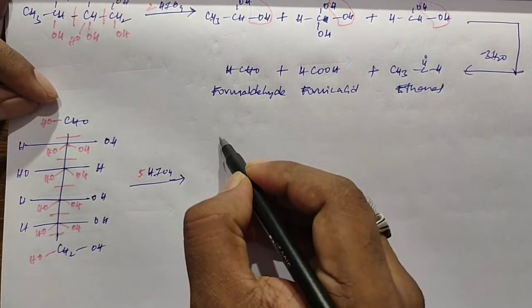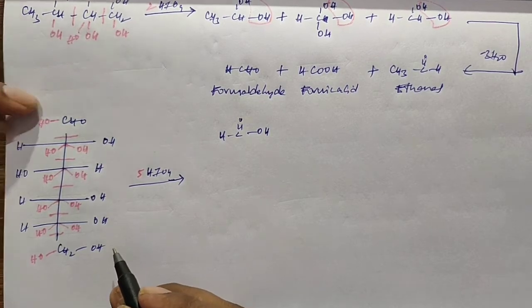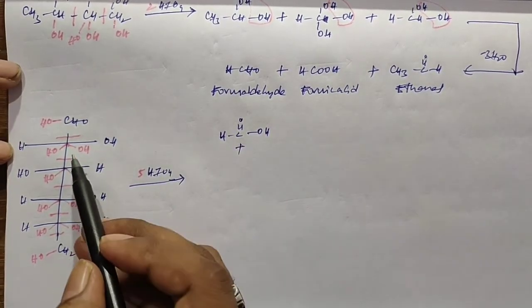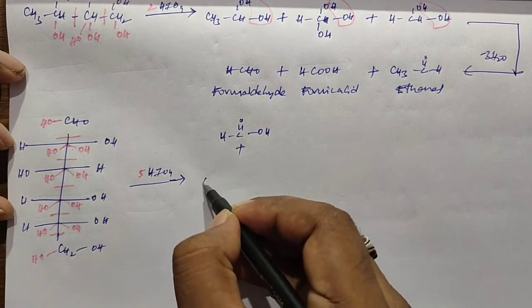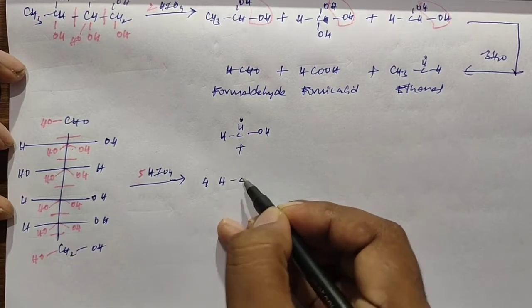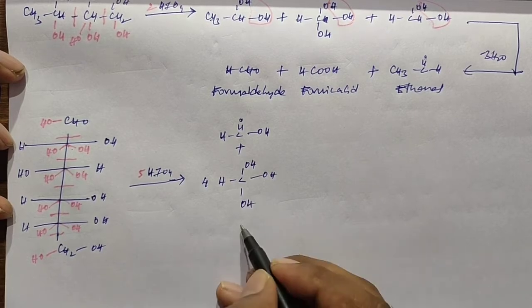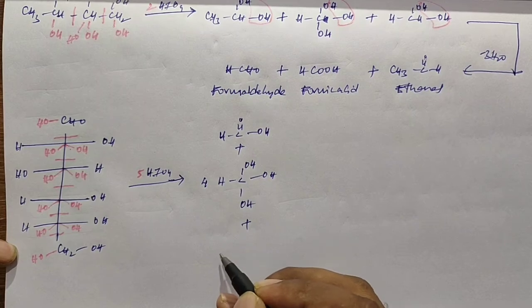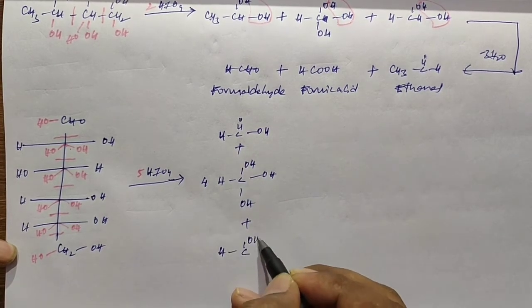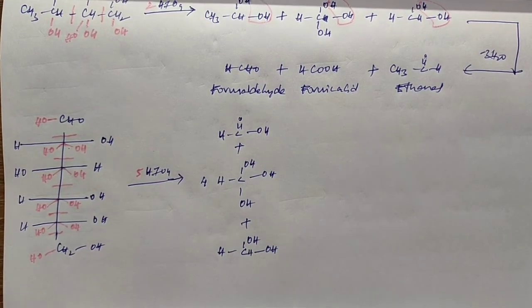So after adding of OH groups, the compound looks like this. This part, when you observe, HC double bond O, OH. For these 4 parts, which are similar, we take 4 moles of HC(OH)(OH) and OH. After that, this one you got HC double bond O, OH. Okay, so this is the way of oxidation after adding hydroxyl groups.